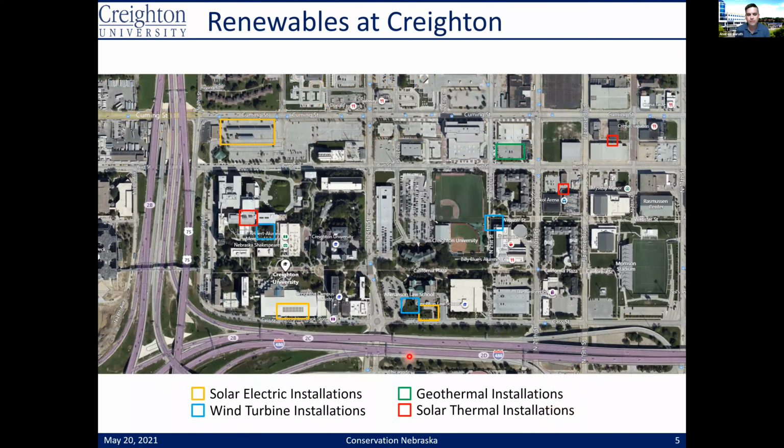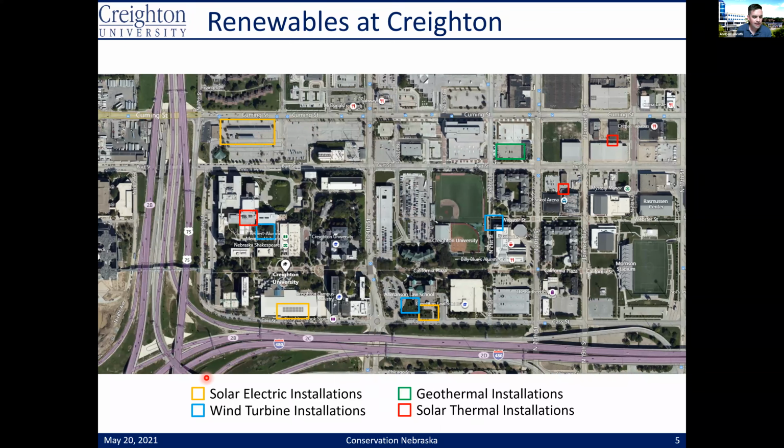So this is an overview of our entire Creighton campus. You can see Cummings Street up here, and then we're bounded by the interstate to the south. We have Highway 75 to the west, and about 17th Street to the east. This really encompasses all of the Creighton campus. What I've tried to do here is color code some of the things that you could see in person if you were willing to walk quite a bit around campus.